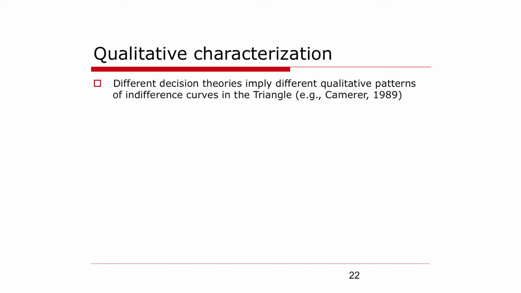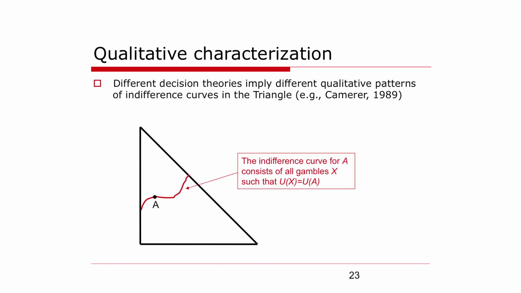So now suppose that you want to design an experiment to distinguish different utility theories, for example. In a paper by Colin Cameron in 1989, he basically showed that on this three-outcome gamble, where the values are fixed and you can only vary the probability, you can conceptualize what you call the indifference curve in such a way that every point here is a gamble,